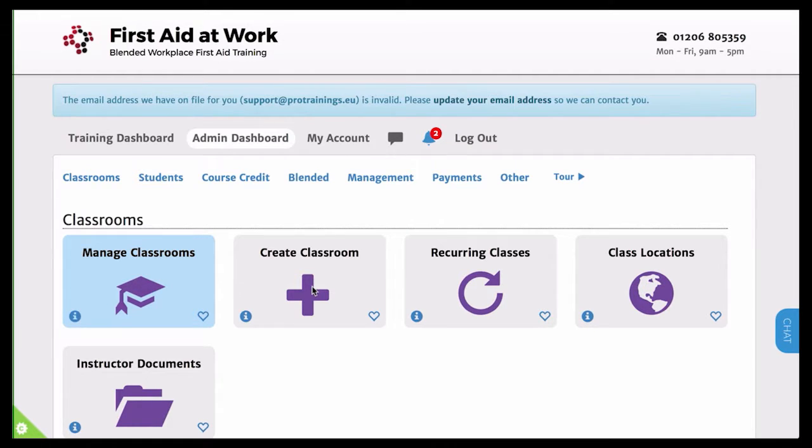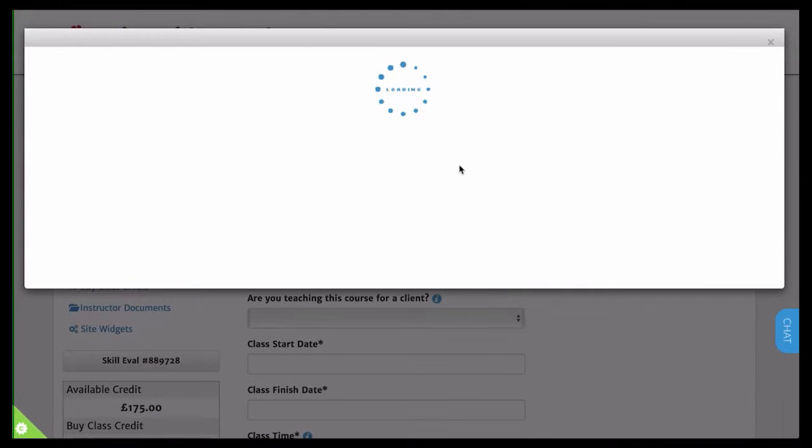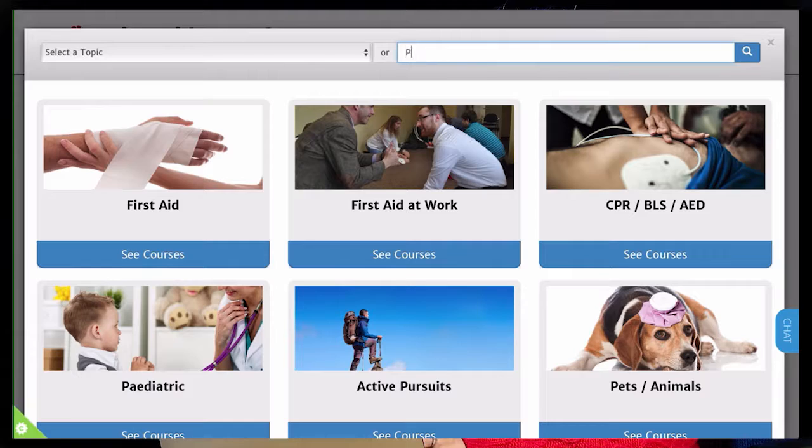So we're going to set up the classroom for the day 2 for this, which you can do by either clicking Manage Classrooms or Create a Classroom. You then find the relevant course for the day 2. So in this instance we're doing paediatric. I'm going to type it in at the top here, paediatric